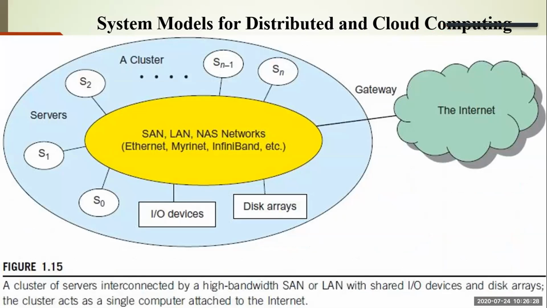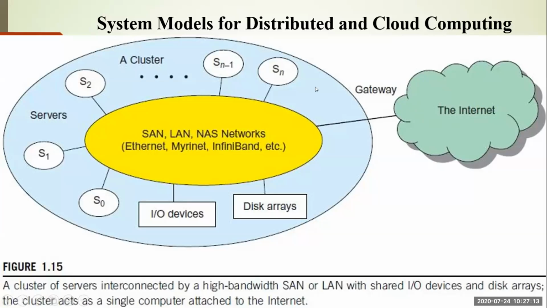Now, if you want to see how it is connected, if you focus on cluster computing, see here, there are multiple clusters. Let's say this is server 0, this is server 1, server 2, like that there are n servers. Total servers are n plus 1. These n plus 1 servers, along with the input output devices like keyboard, mouse, or you can say printer, and a disk array, which is nothing but your hard disk kind of thing where you can store the data. This cluster means you are combining various servers into a single unit. They may be connected through a SAN or a local area network or an ethernet network, so that